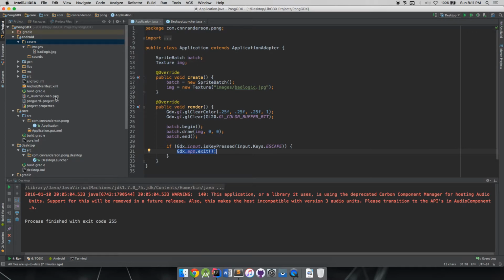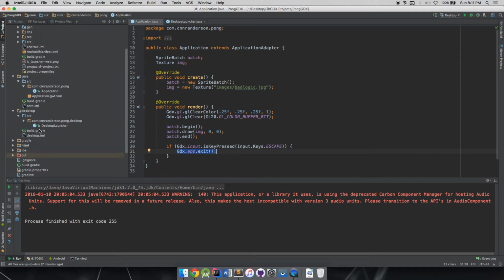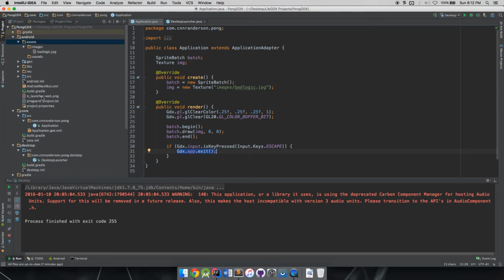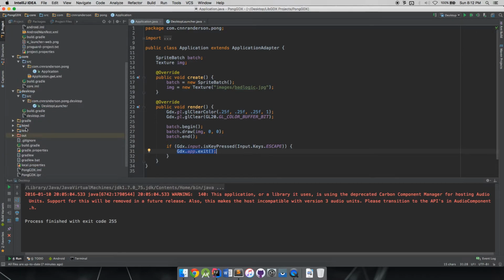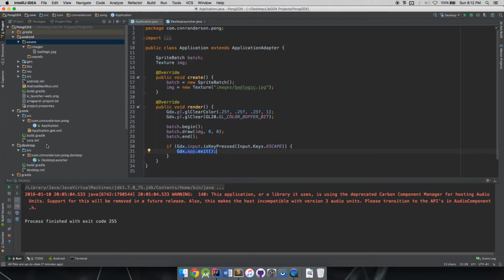So yeah, let's get into looking at our desktop launcher. As I mentioned before, we're going to be working in the core module pretty much the whole time. This is going to be like 100% until we start looking at Android specific stuff, iOS specific stuff, WebGL specific stuff. So in order to minimize the amount of time we have to go digging through all these other folders,